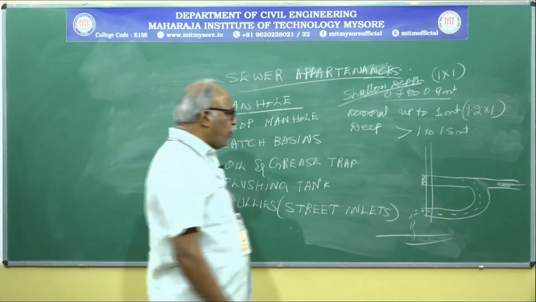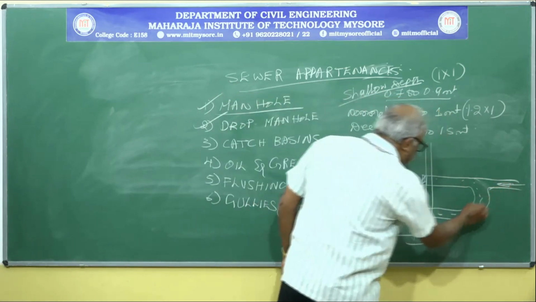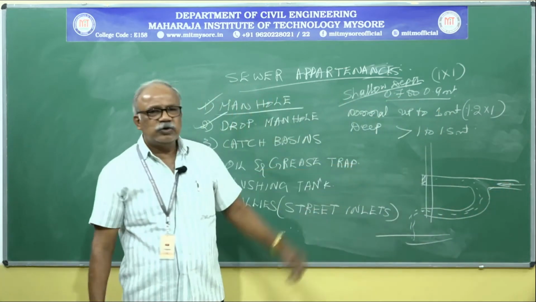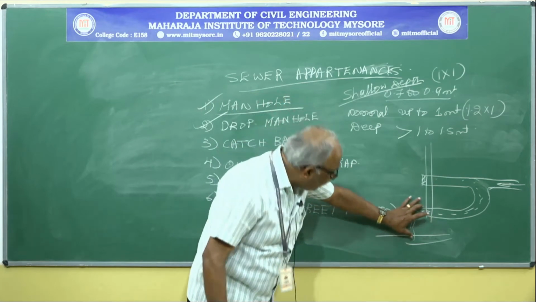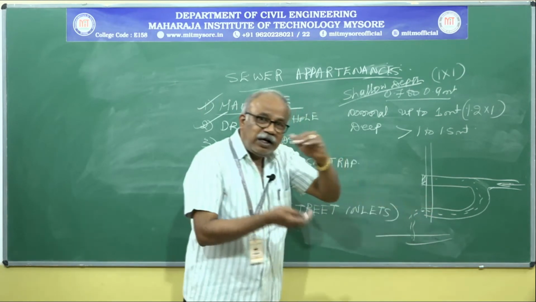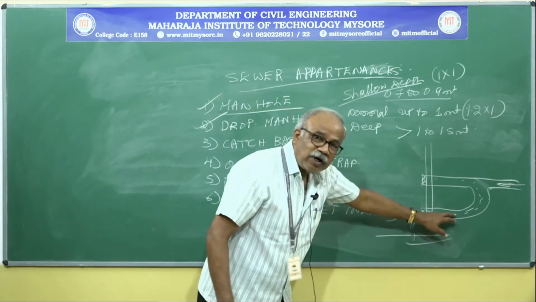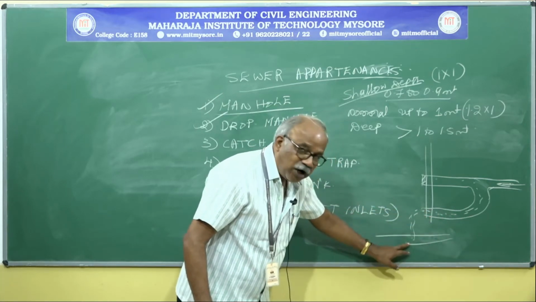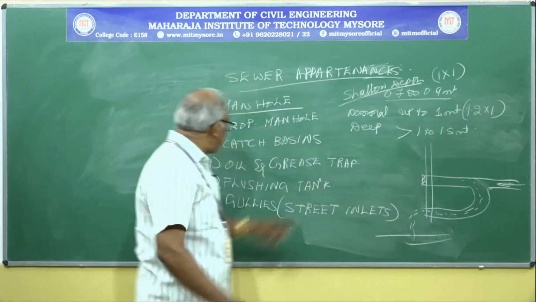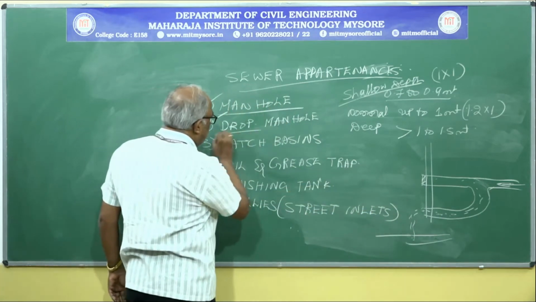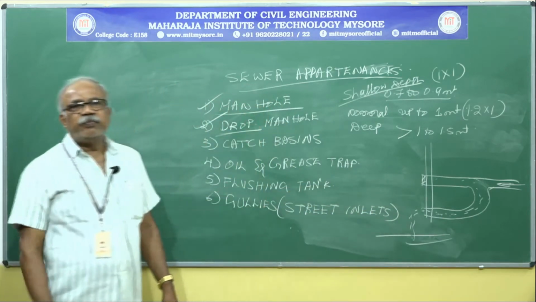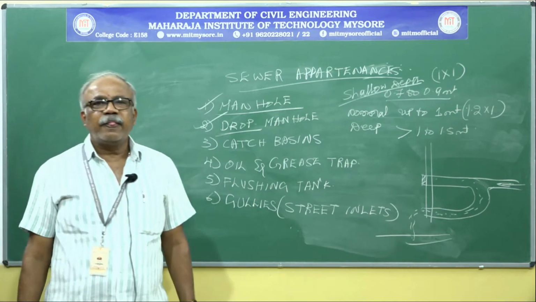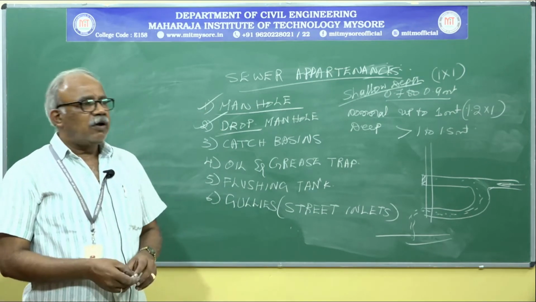If anything happens with this pipe or conduit, it is used. That's why there will be some gap or depth, whatever wastewater is coming from this and joined to the main sewer. That's why we simply call it the drop manhole. Are you clear or not?